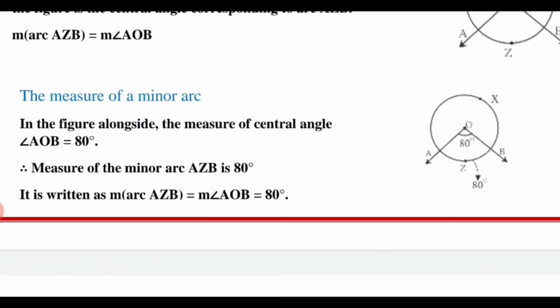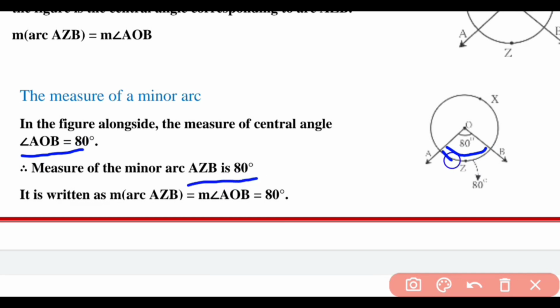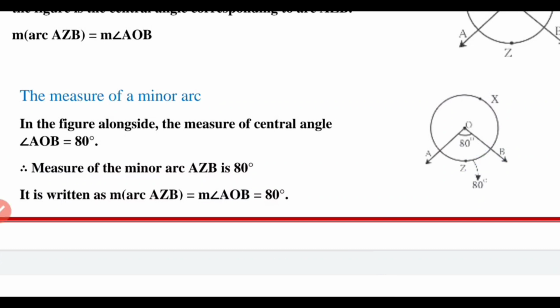See, in the figure alongside, the measure of angle AOB is shown as 80 degrees. So minor arc AZB will also be 80 degrees. This arc will also measure 80 degrees. Why? Because arc AZB is the corresponding arc of angle AOB, and angle AOB is a central angle, so its corresponding arc will be equal to this central angle. Now let us go on to the next concept,